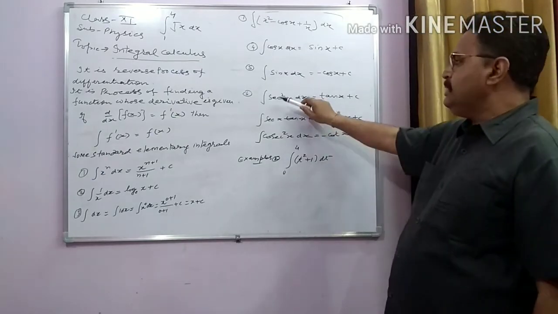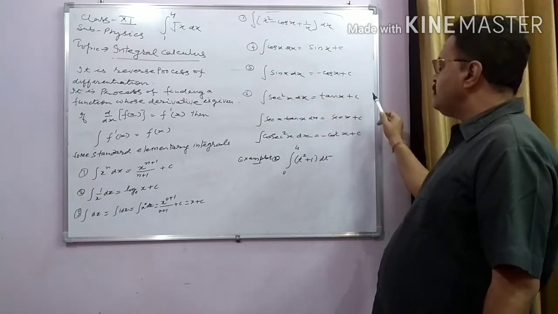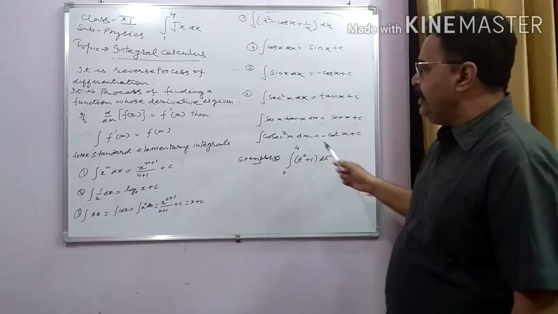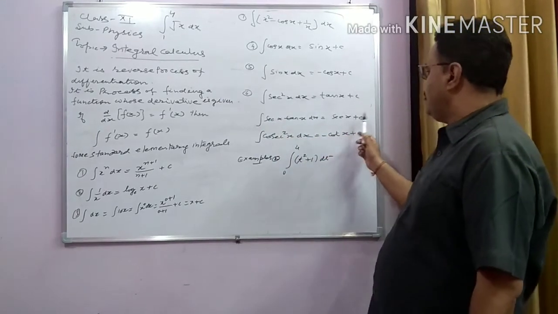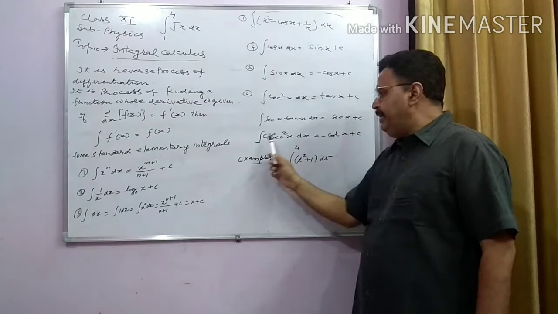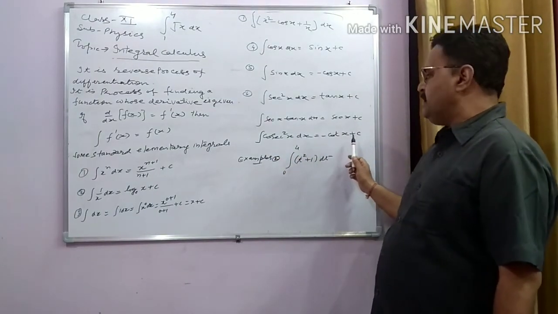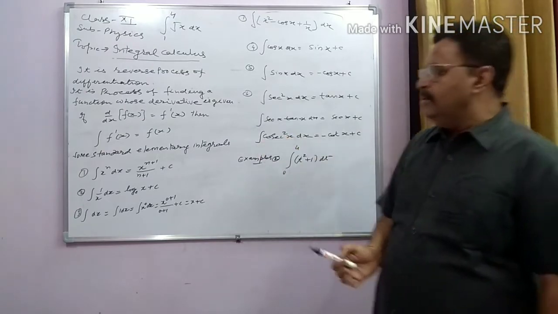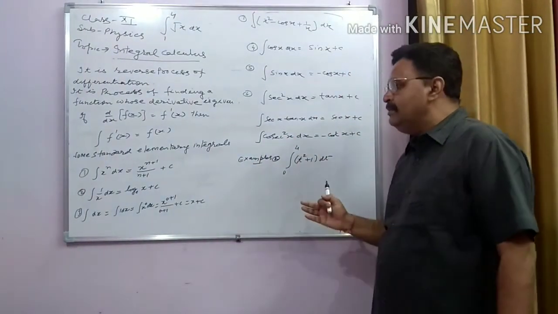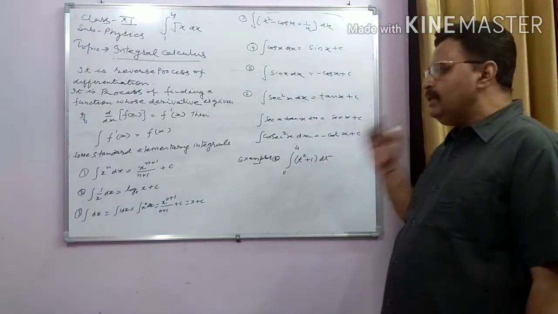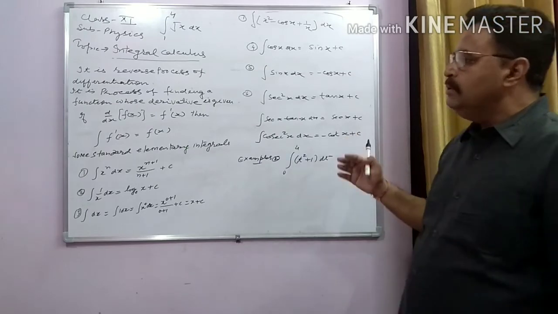Then integration of sec square x dx is equal to tan x plus c, and the integration of sec x tan x dx is equal to sec x plus c. Then integration of cosec square x dx is equal to minus cot x plus c. So these are some standard elementary integrations which we should learn and keep in mind